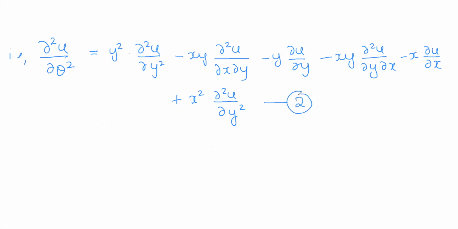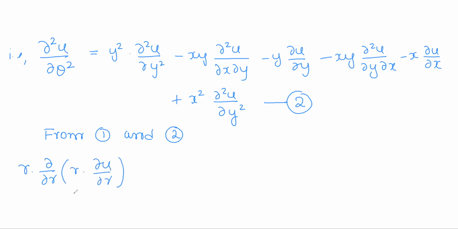So call this as equation 1 and 2. Now from 1 and 2, add 1 and 2. So add left hand side to the left hand side and add right hand side to the right hand side. So the left hand side is like this: r ∂/∂r of r ∂u/∂r. So this is left hand side of equation 1 plus left hand side of equation 2. Now you have to add the right hand sides of equation 1 and 2. So adding those two equations, you will get